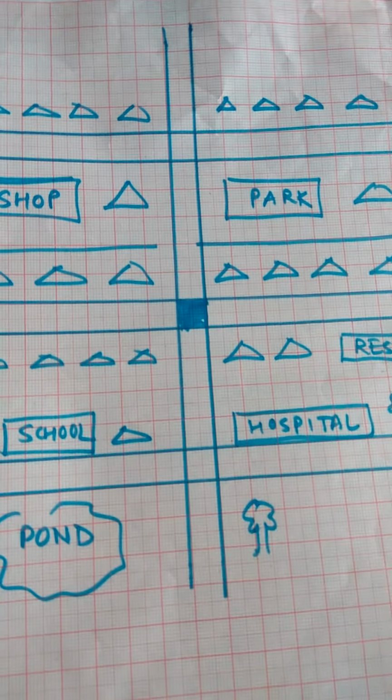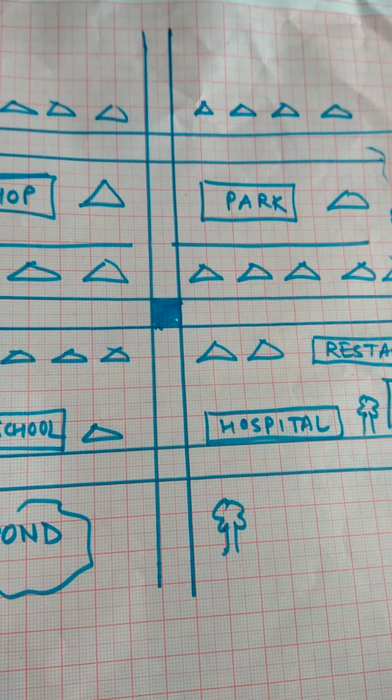For this, we can draw roughly a map of the street or the colony where you are living. So right now I'll be drawing a map for my place of residence, and you can do it for your own place of residence, assuming that your friend is coming to your house and you are telling him how and where he has to arrive exactly. So this is roughly a map of a colony or any residential area.